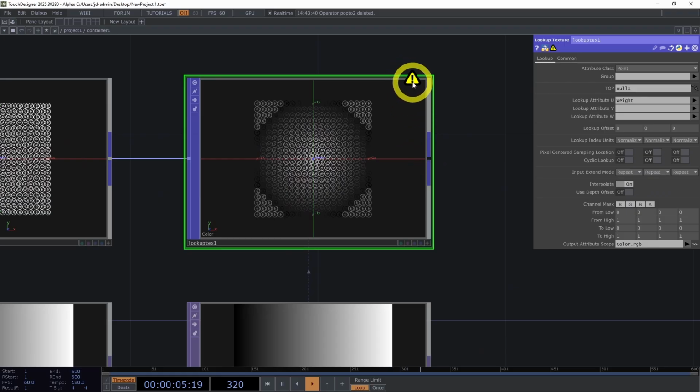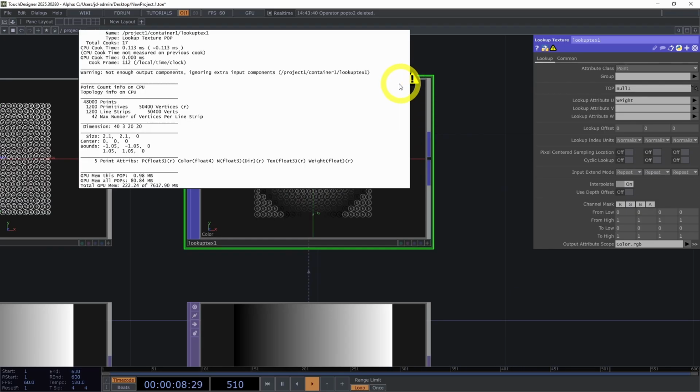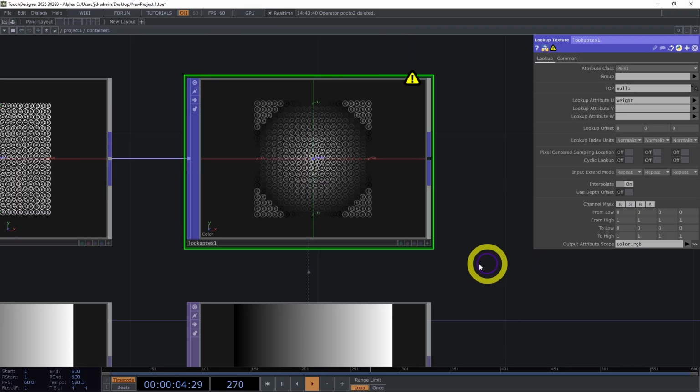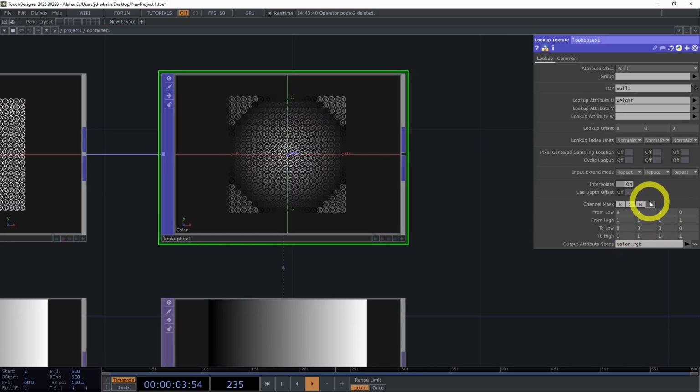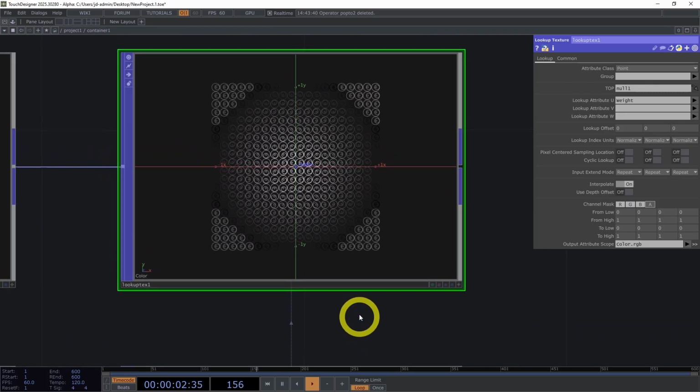So you'll notice that we have a little warning flag here, which is telling us that our incoming data, or the data that we're trying to map to this output attribute scope, actually has some extra components that are not being stored into this output attribute because there's a mismatch in the number of components. All we have to do here is, as we mentioned, we don't need that alpha data, so we can turn this switch off for the alpha channel mask, meaning we're not including that alpha data in the output. That's going to give us a 3-component set of data, which will then be stored into that output, making that warning flag go away. And we can see now that our color has been applied to our copies